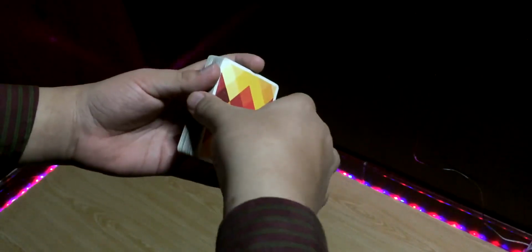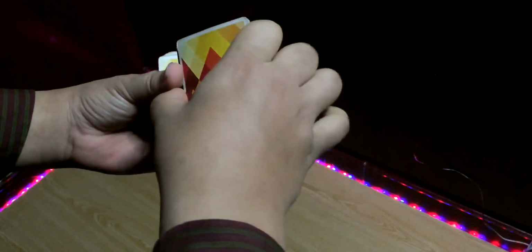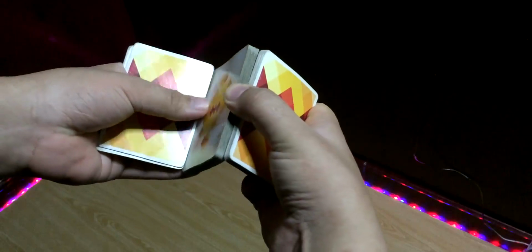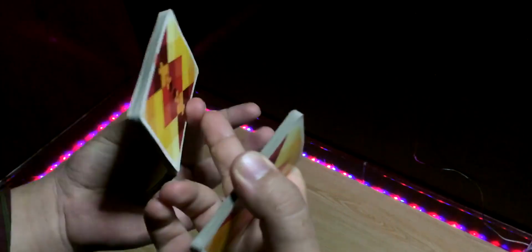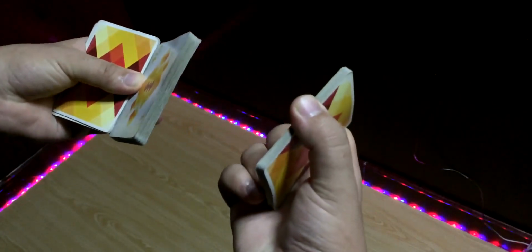And once you have pushed this packet into a thumb cut position by curling your fingers, you're going to re-grip this center packet by extending your left thumb. So you're holding it with your left thumb and middle and ring, like this. You can keep the ring for support. And with your right hand, you're going to basically break the thumb cut packet. So what you're going to do is extend these 4 fingers,